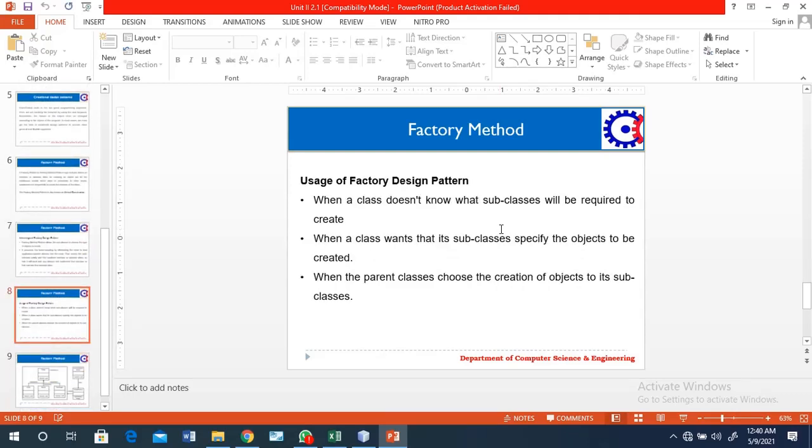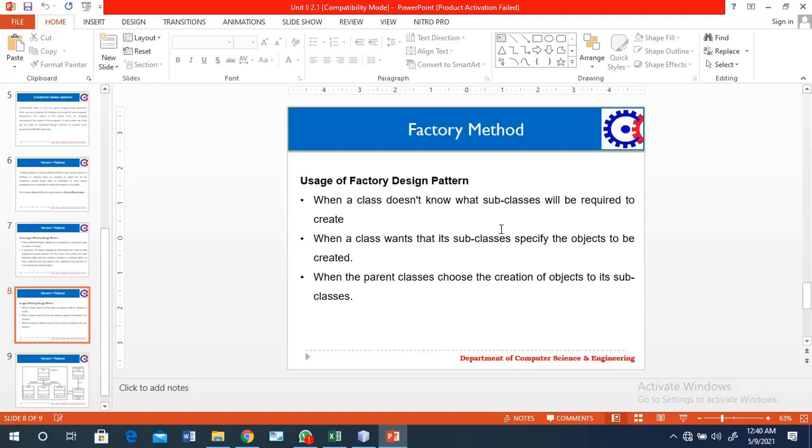We use this pattern when a class doesn't know which subclass will be required to create, so the class is not sure which class will be instantiated.